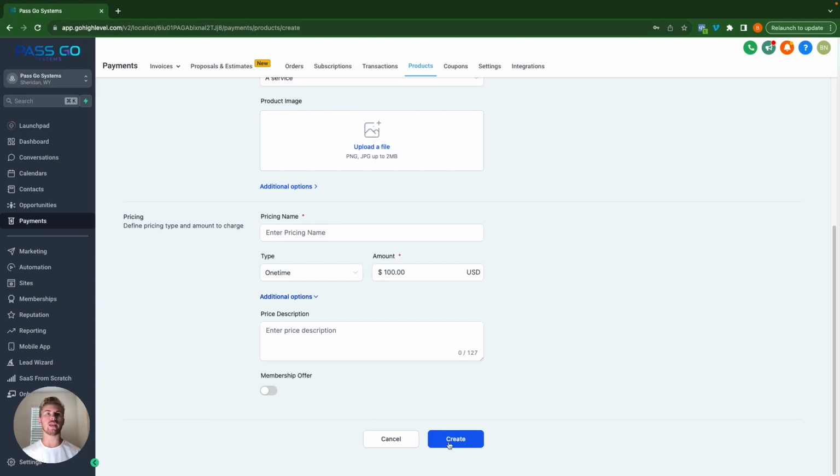But then you just create that product and you can start selling that product inside your funnels, inside your websites, on your landing pages, or you can send text to pay links with that product. So you can create a product in a matter of seconds and then send a text to pay link to your customer while you're right in front of them. And this is incredibly useful for service-based businesses where you have your technicians going on site, such as carpet cleaners